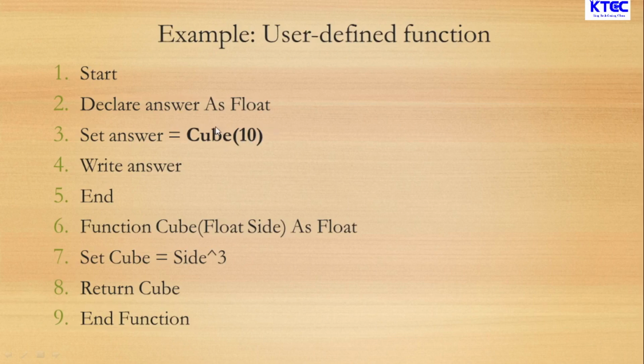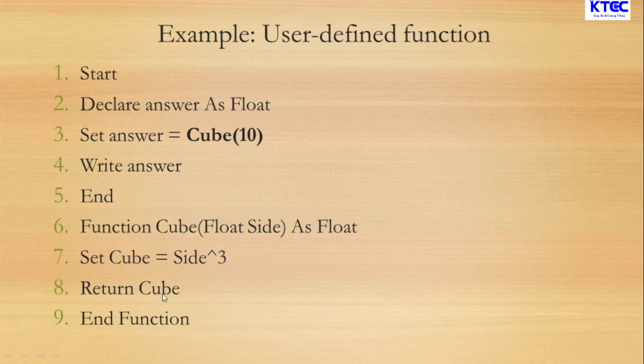So after finding the cube of a number, it will go to where the function cube is, do all that, and quickly come back and store the result inside this answer variable. Now we say write answer, or in Python we say print answer. It will display the value found after finding the cube of the number you passed in here. So what is this function for? Finding a cube. This is the name of the function, cube. Then you input your number here. After inputting the number, it will calculate the number and store it here, and then return it into the